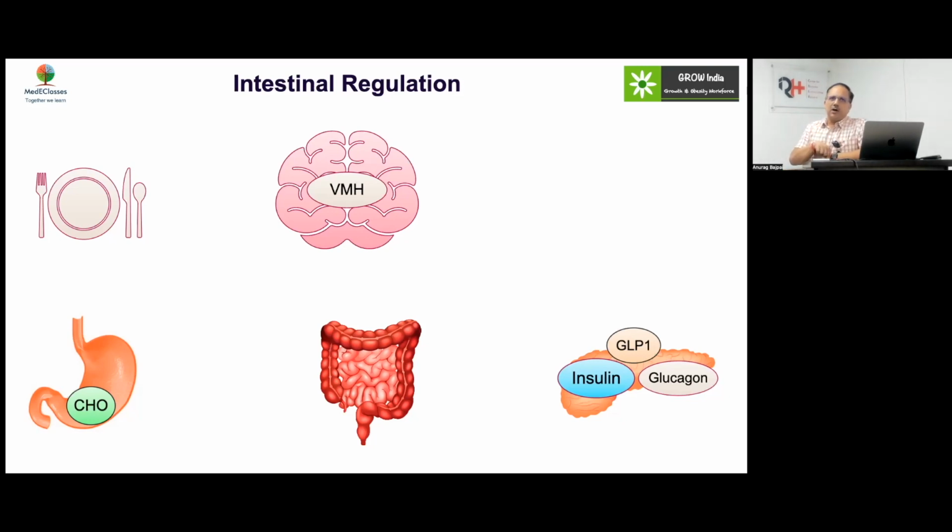So carbohydrate intake will increase your insulin, decrease your glucagon, decrease your appetite, and delay your gastric emptying. And that is why the GLP-1 receptor analogs, be it oral or injectables, are used for treating diabetes. They will cause early satiety. You will eat less, so you'll lose weight. You will have a gastric emptying issue, so the stomach will become bloated.